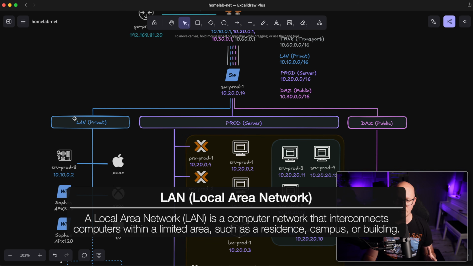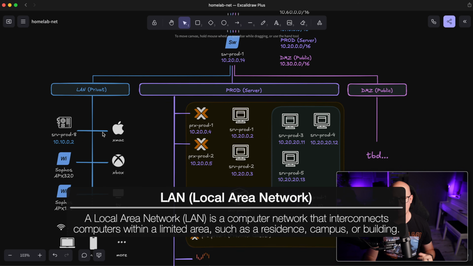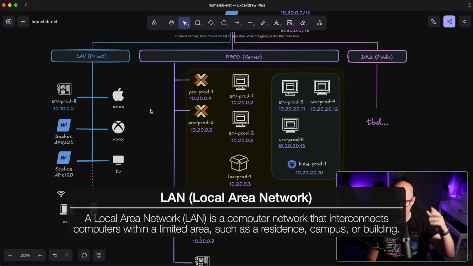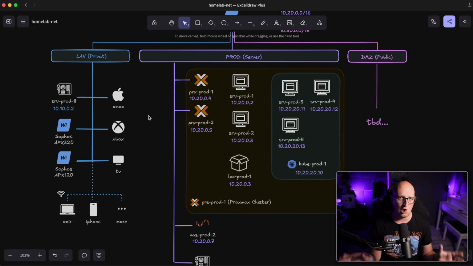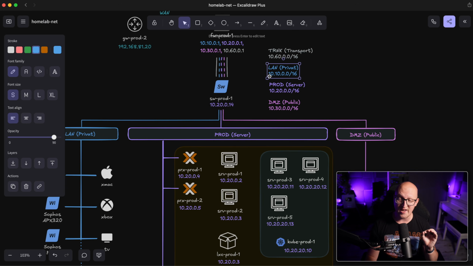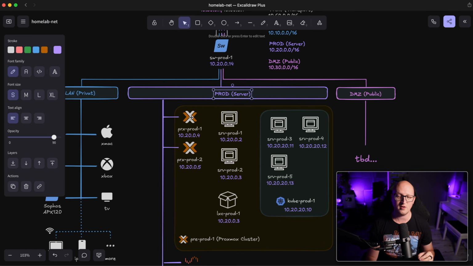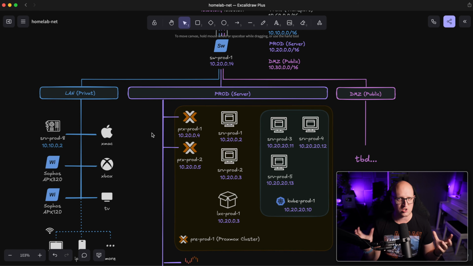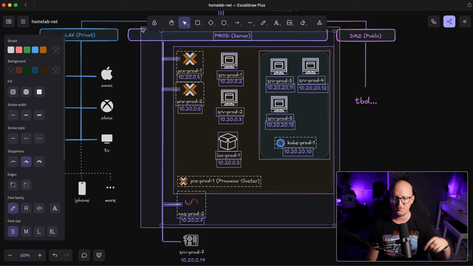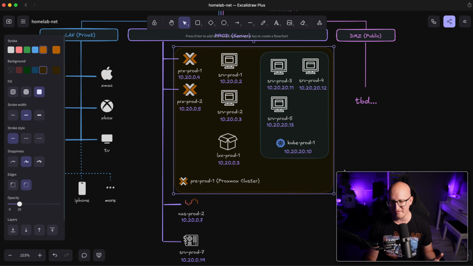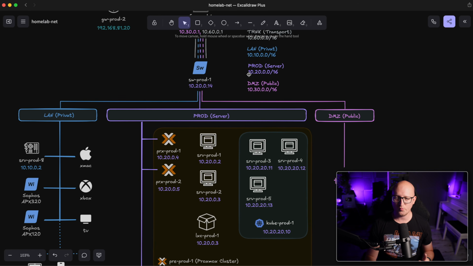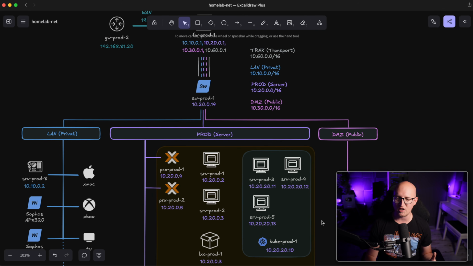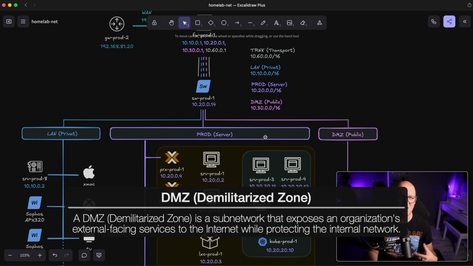Then we have my LAN zone. This is for my private network, again, where I have my TV, Xbox, or the other just regular home devices that you might have. This has the network 10.10.0.0/16. My prod network, this is my actual production home lab, so to speak, where all of my servers and other stuff that you see in the videos is located. It starts with 10.20.0.0/16, and then I'm also thinking about adding some devices in the future to a DMZ, which stands for Demilitarized Zone,